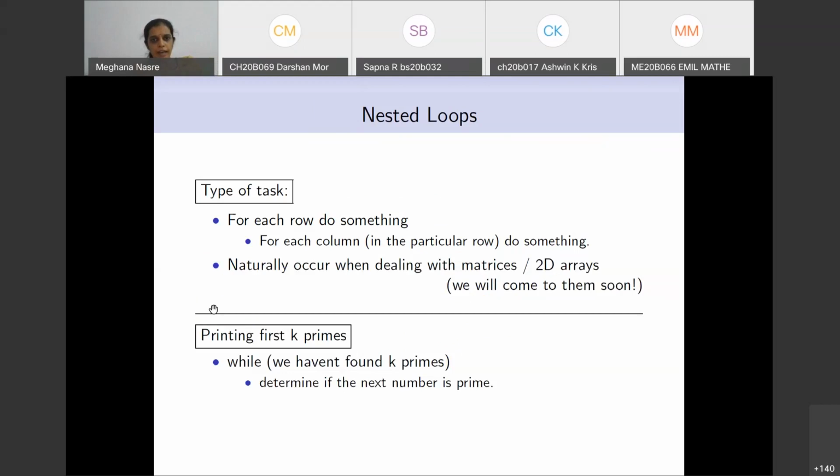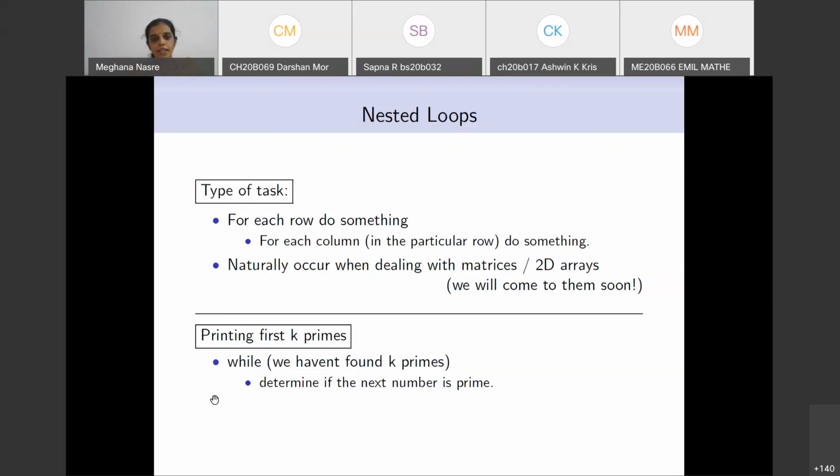Okay, so having said this, we will go to a slightly different task, which is going back to what we did in the previous week. That is, given a number n, decide whether it is prime or not. So we already know how to decide whether a number is prime or not. We have written that code. Now we are going to change our task and say that we want to print the first k primes. So k is some number which is given to us. Let's say we take it from the input. For the moment, let's assume k is equal to 10. We want to print out the first 10 primes, and we want to write a program for this.